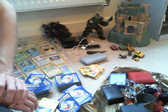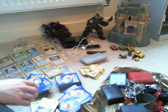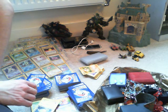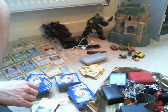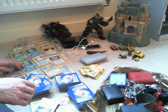Which I'll probably donate to a charity shop because I'm a nice guy like that. So that wasn't too bad. That brought my total spend up from £1.20 to £8.20. I then went back inside